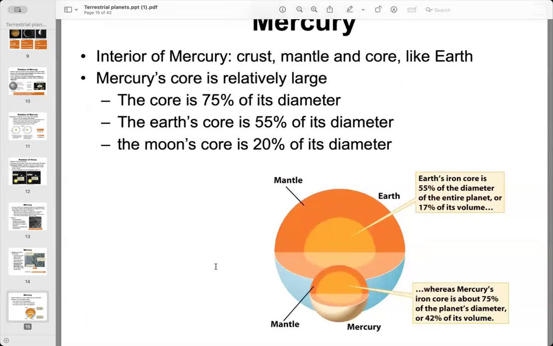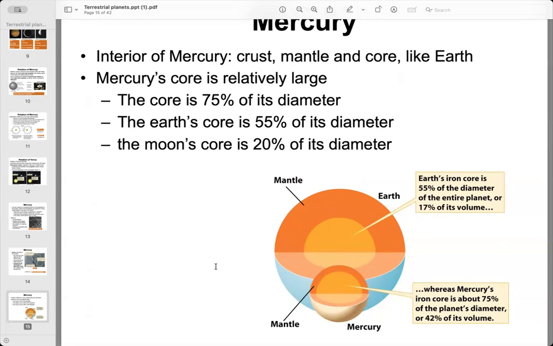So it has these three parts, just like the Earth, starting from the surface going towards the center. Those are crust, mantle, and core. Earth has those same parts. However, the relative sizes of these